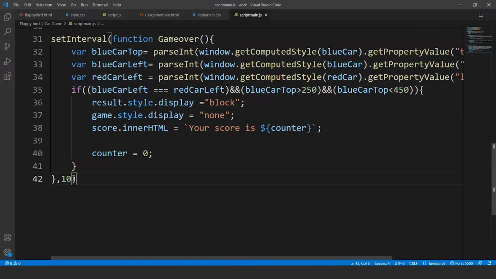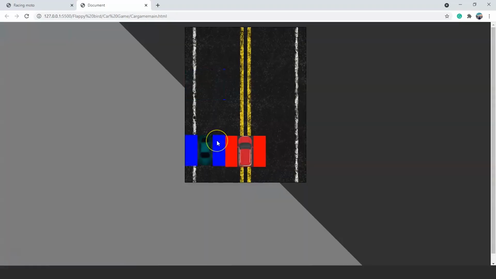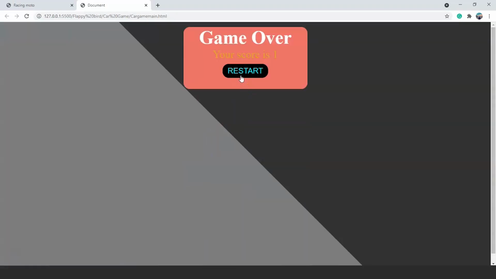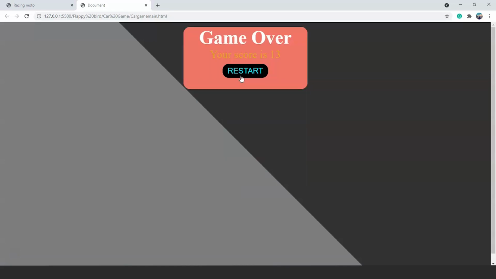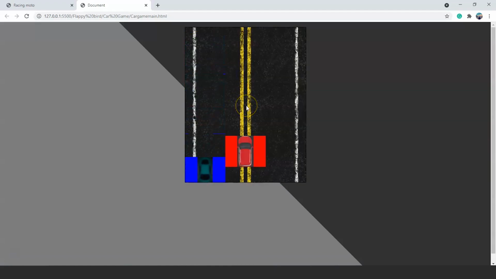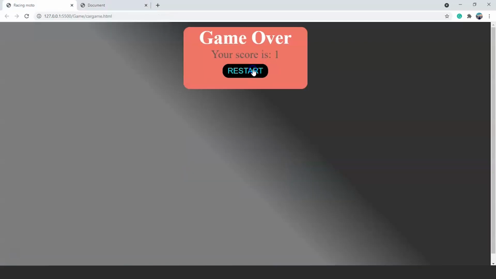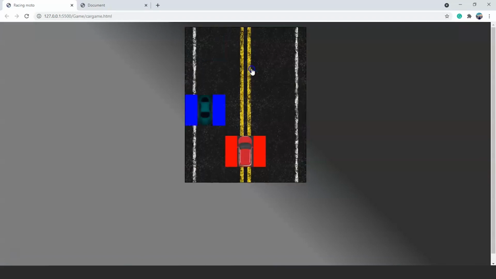Now save it, and you can see on the browser that our game is completely fine now. It's working totally fine. So we can play this game. Now let's play it once. Here you can see we can move our red car and the blue car is coming randomly from any of the three directions. It means that it can either come from the left or from the center or from the right. On collision, you can see it shows that the game is over and the score is 13. Now on clicking the restart button, we can restart the game, the page reloads again, and it's working totally fine now. We have created this particular game and we can see that the game is completely done.